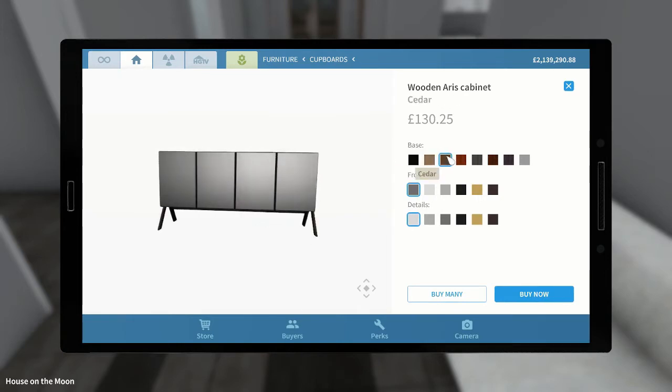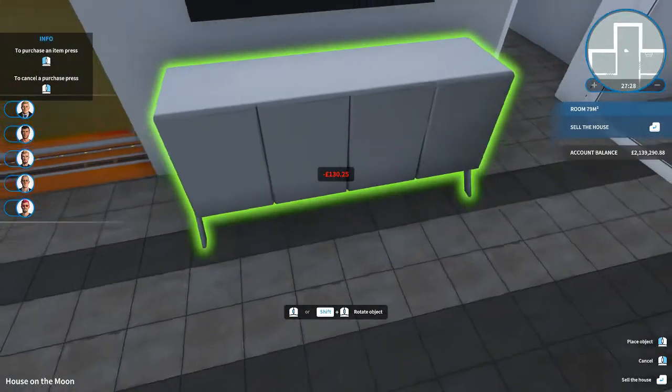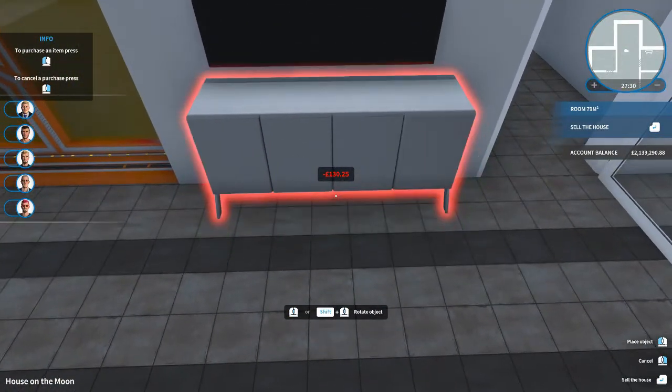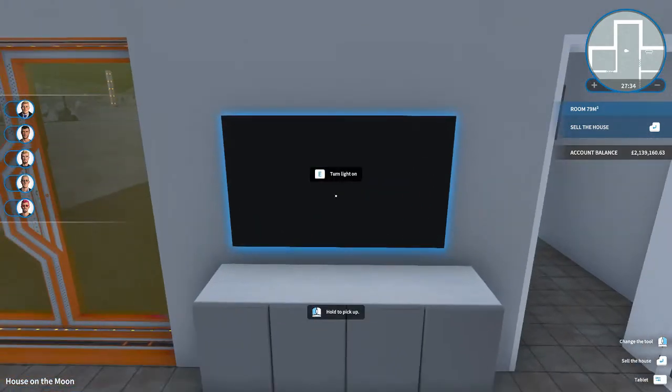The base can come in quite a few different colours. Let's go for a pale base. The fronts can go dark, white, light, black, gold, pink. Oh, that's interesting, isn't it? I think I would like to go for this one. We're going to try that in front of here. Let's put it as close to the wall as we can. Ta-da! And then we've got the nice